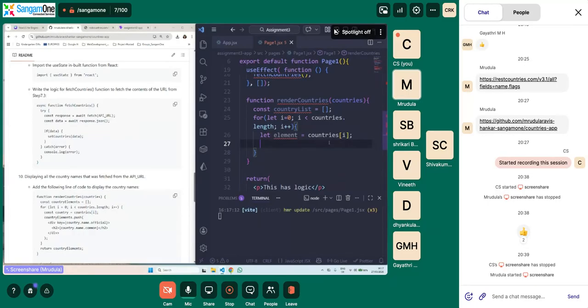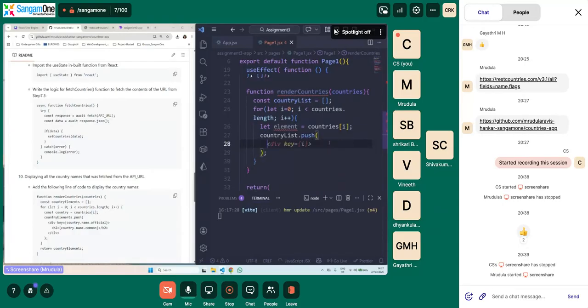Okay, so we will say countryList.push of. So now what we need is a div element, because a country together will have a name. We will display the flag as well as say the capital. So we will be grouping this together as one division, one element.